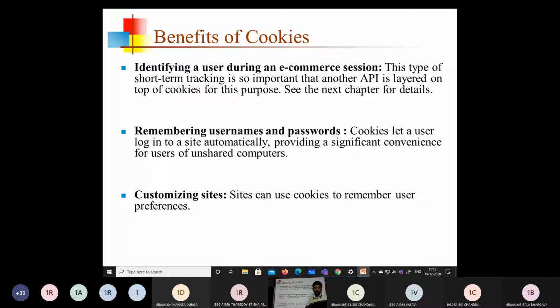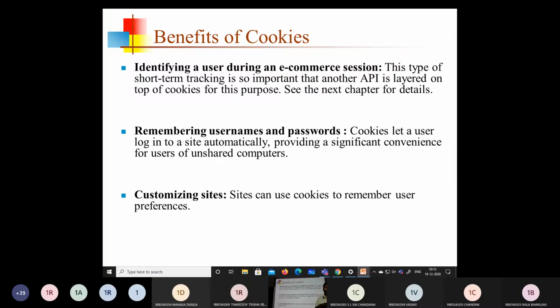Okay, that's the main purpose, only the cookie. So while the session is going on, for example, we have taken a shopping cart website, and while the products are browsed by the end user during the session, to identify the particular user in that specific session, we need to maintain the cookie information, and the cookie also has its own ID. And once a cookie is generated, a unique ID will be generated for the particular user during that session.